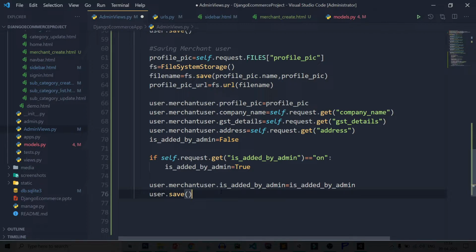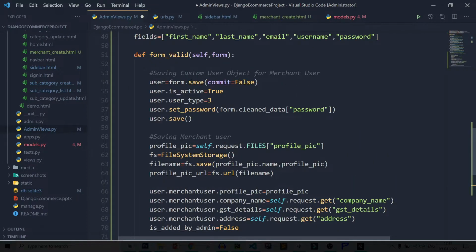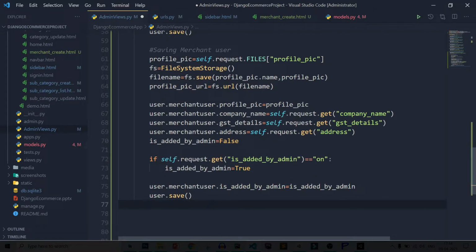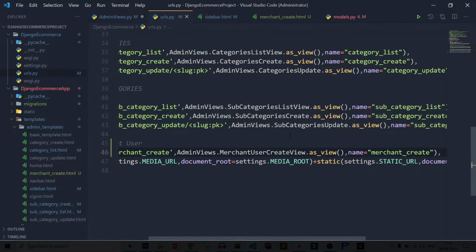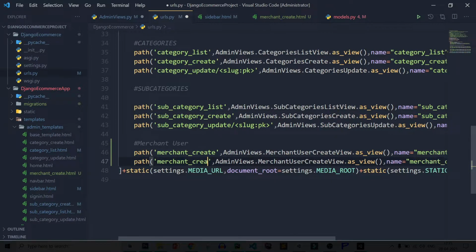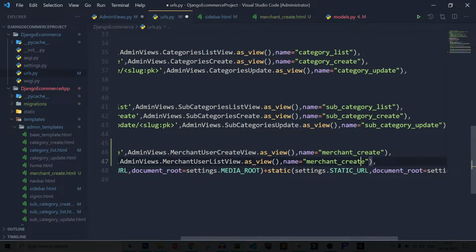Now after that, you need to redirect the user. So here I override the method form valid, then it will not redirect me automatically. So we can redirect the user manually. So let's see how we can redirect. For redirecting, you need to create a URL again. Let's add a URL, merchant list, merchant user list view, and merchant list. Save it. Let's open this page,